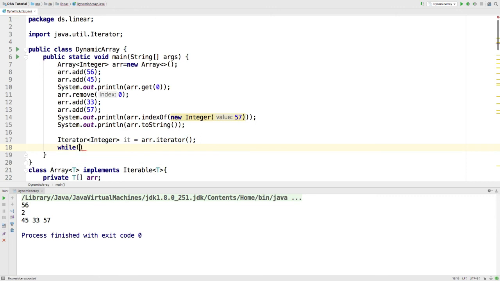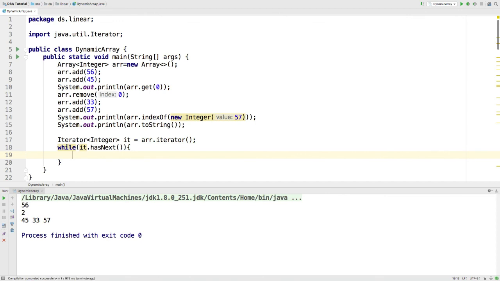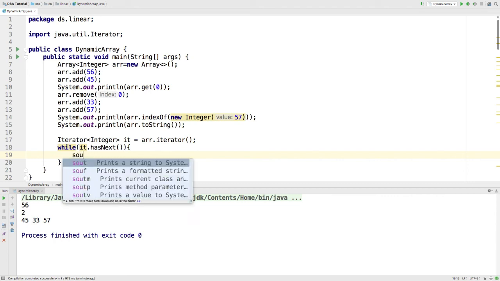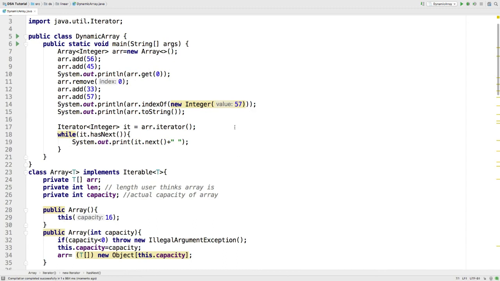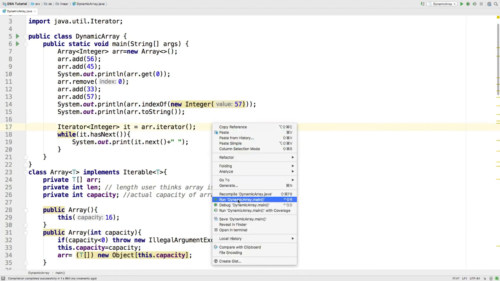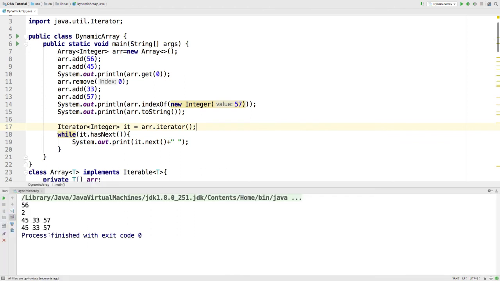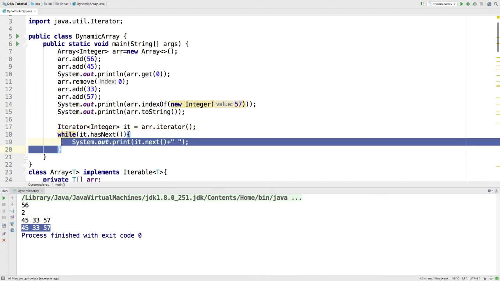Now while it.hasNext, if there is a next element, hasNext will return true, I'll simply print out the element, so let's say it.next. Okay, now let's run and check. So this is the output from the iterator.